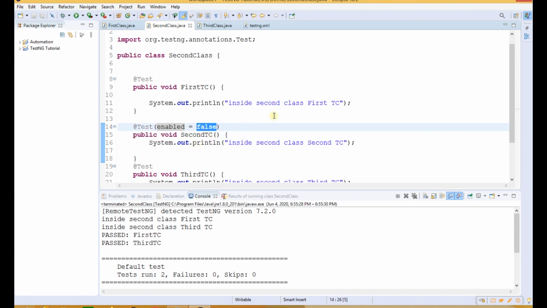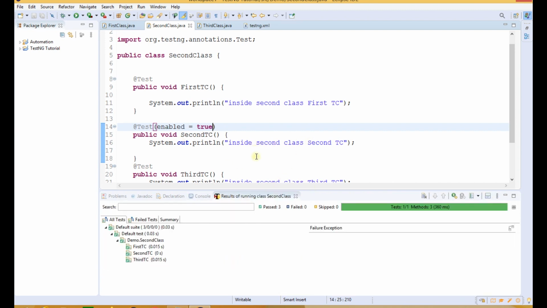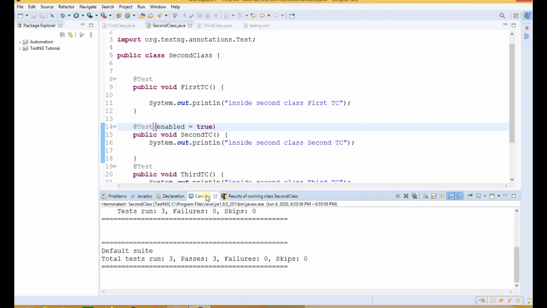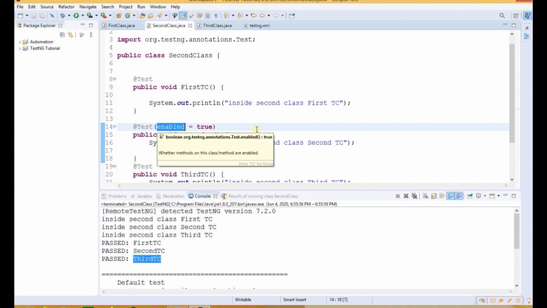If we provide true value here, now let us see what will be our output. So this time the second test case should be executed and the statement should be present in the console. So now as you can see, the three test cases are executed: first test case, second test case and third test case. So using this enabled attribute, we can enable or disable a test case from the test execution.